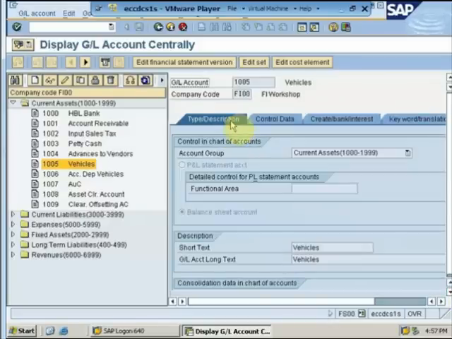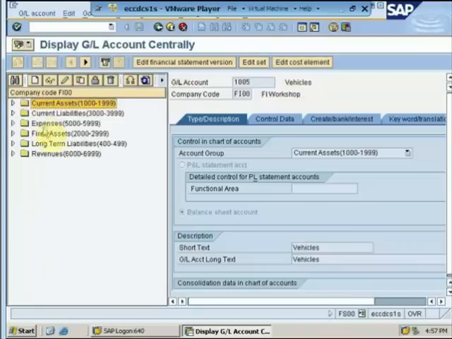So to sum up this topic, we first defined the chart of account and we configured the chart of account and we assigned it to our company code. Then we configured account groups. As you can see, these are the account groups that we configured, and account groups control the number range for a GL account and the field status for the GL account master data being opened under the particular account group. Then we understood the concept of chart of account segment and company code segment.